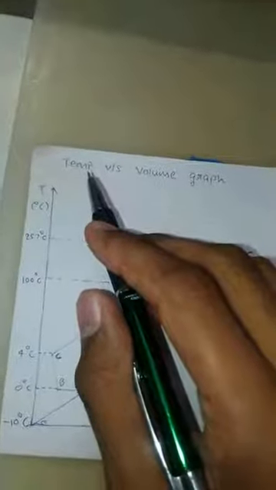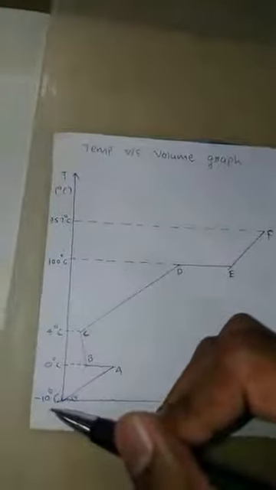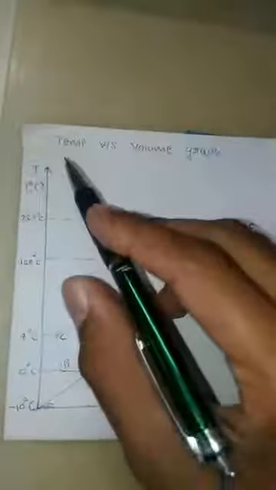Hello everyone. In the last video we discussed the temperature versus heat supply diagram with the phase diagram, and also understood the processes involved in converting minus 10 degree ice to 257 degree vapor. Today we will depict the same diagram on a temperature versus volume diagram. As you can see, volume is on the x-axis and temperature on the y-axis.